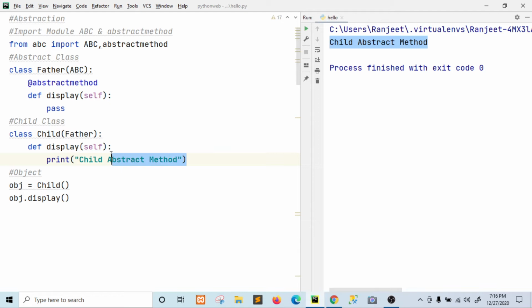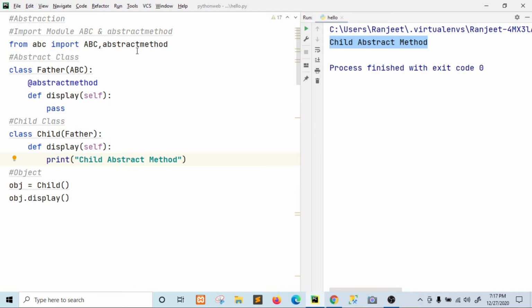So here, for an abstract method, you just give the declaration and implement it as you have given here. This is a basic example of abstraction.